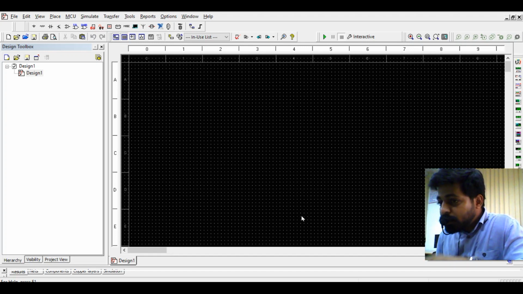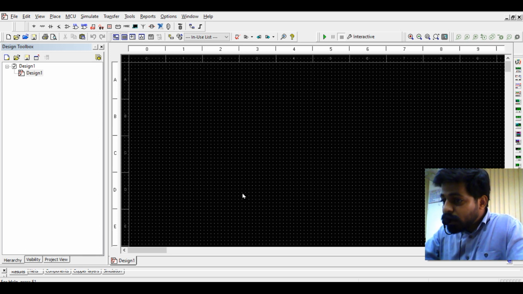So this is another circuit simulator called Multisim, on which we'll do the simulation for the transistor circuit, which we have done on another interface called Falstad. So coming to this interface,